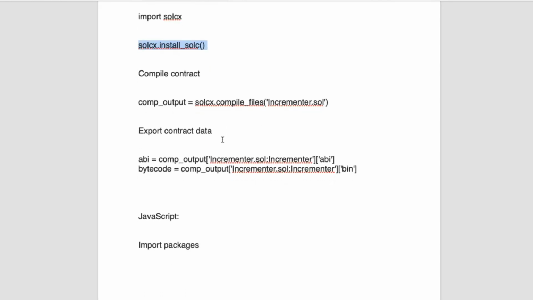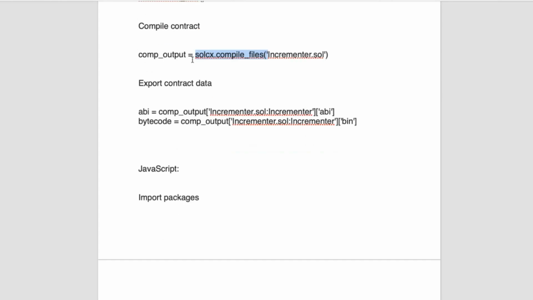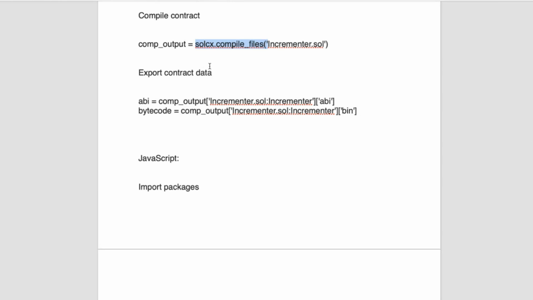And to actually compile the contract, you can use solcx.compile_files and pass it the name of the contract you had. It definitely needs to be in the same directory as where you're executing this code. If it's different, you need to give the full address here. This will give you a variable called compile output, and from this compile output we could extract the ABI and